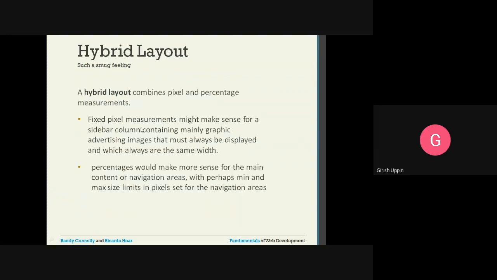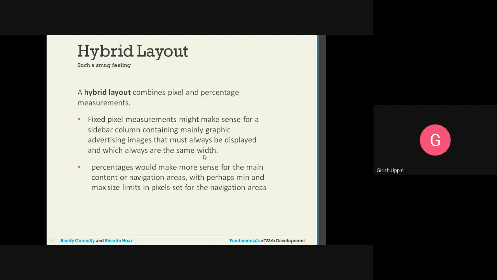A hybrid layout is a combination of the fixed layout as well as the liquid layout. A hybrid layout combines pixel and percentage measurements, so it mixes both of them. A fixed pixel measurement might make sense for a sidebar column containing mainly graphic advertising images that must always be displayed and always have the same width.